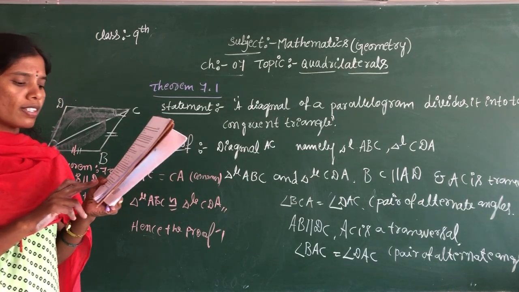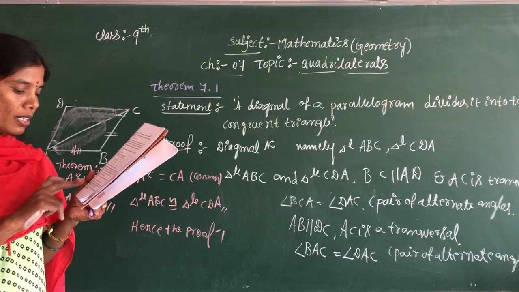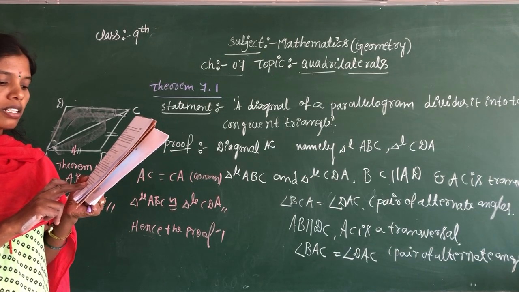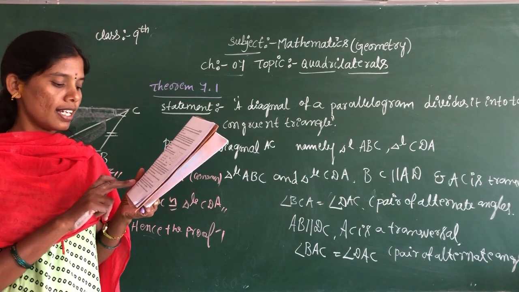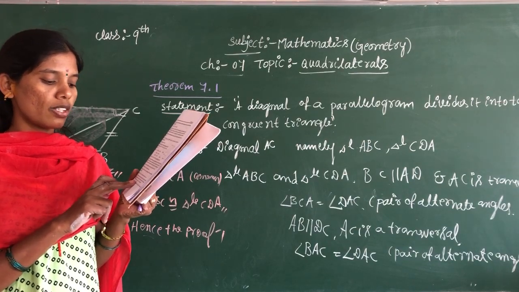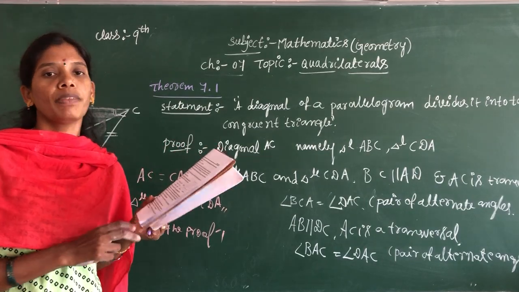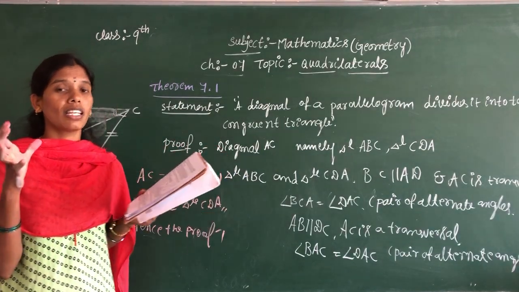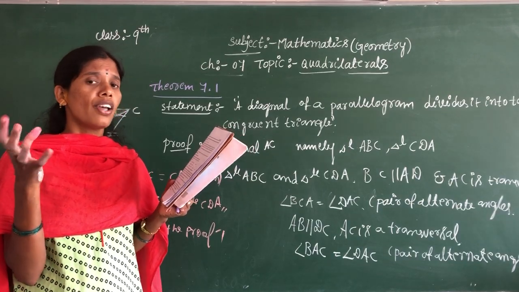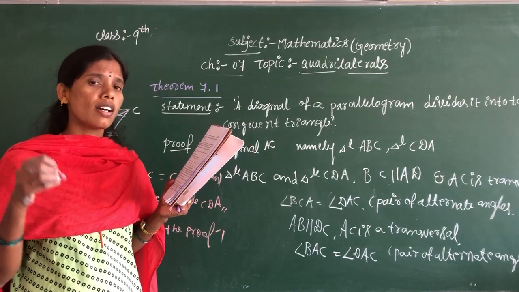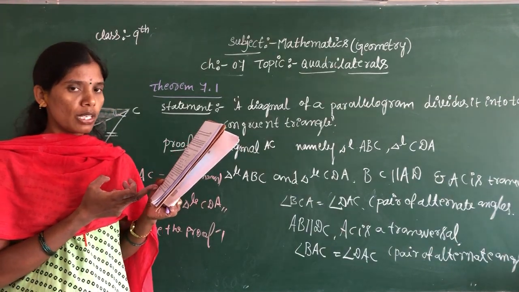So the converse of this result is also true. Yes, using the angle sum property of a quadrilateral and the result of parallel lines intersected by a transversal, we can say that the converse is also true. So we have the following theorem. Now it is a common thing. Parallelograms were already studied in 6th, 7th, 8th. Okay, so a pair of opposite sides are equal. Otherwise, this theorem is true.